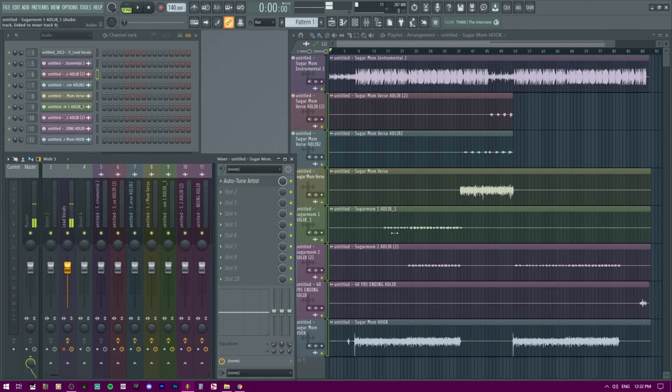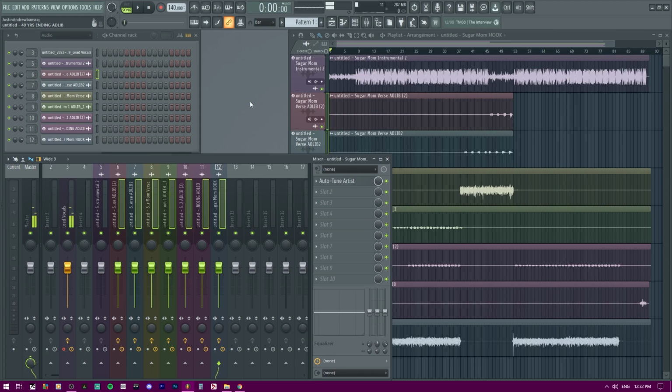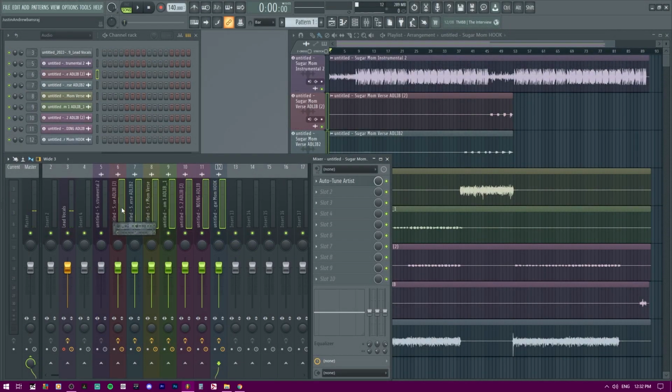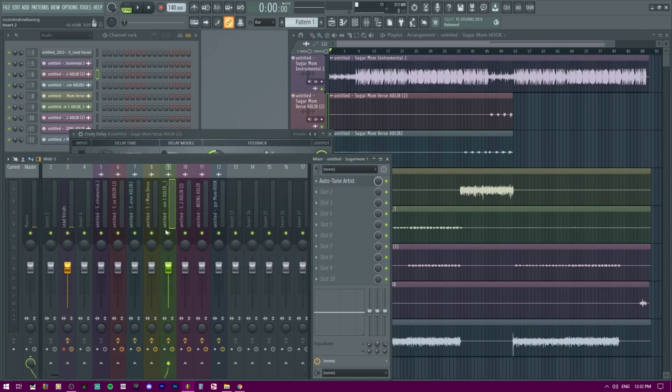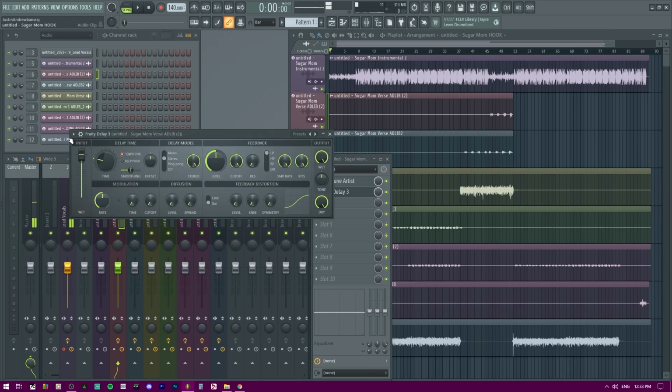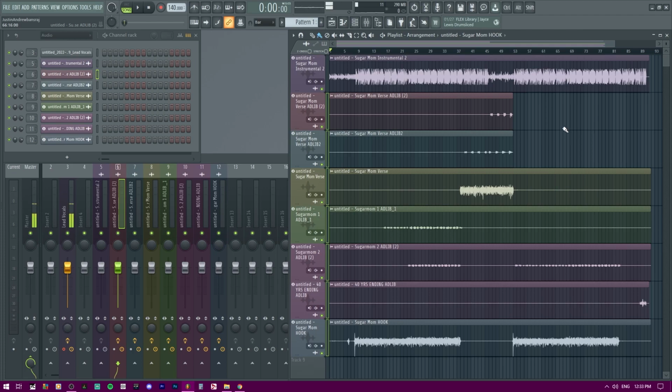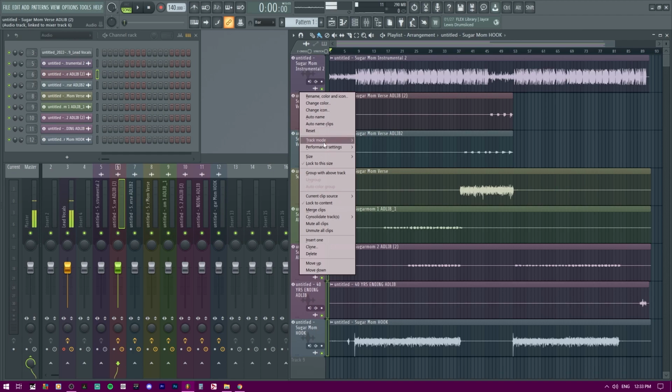Since I'm here, let me see if I could do something. I never tried it, but I'll go ahead and try it. Highlight them all, and let's just do... Why am I even thinking about it? Nope. See? So you see I highlighted these right here, 6 or 7 tracks. Dropped the delay. Nothing happened. Just one plugin. So yeah. So if you have them tracked into the playlist, like how I did, you're going to be able to drag and drop effects that you want. And who knows, maybe you can even do presets or something.